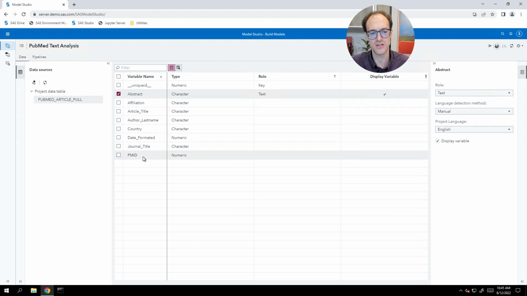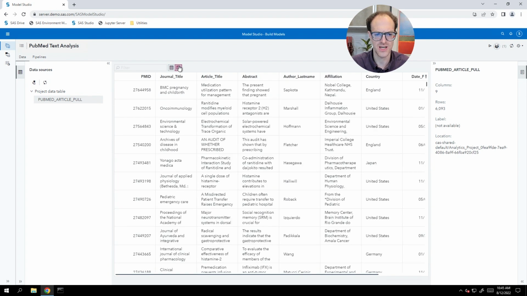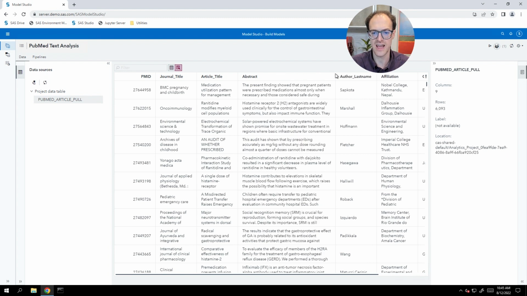And we've got some other columns in our data, the affiliation of the author, some information about the author and the title and where it was written and what journal it was published in. If you want to briefly explore the data, there's this View Table button. We can click on View Table. It takes just a second to load the table. And we can see we've got articles from a variety of different journals. We have the article title, the author name, and then the actual text that we're interested in analyzing is this abstract column.